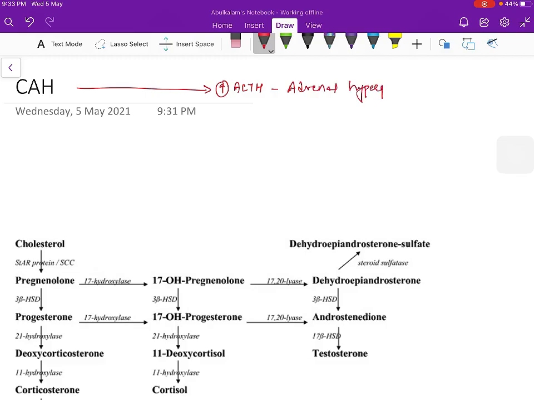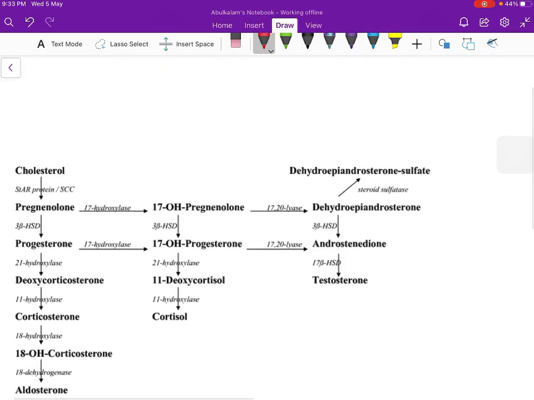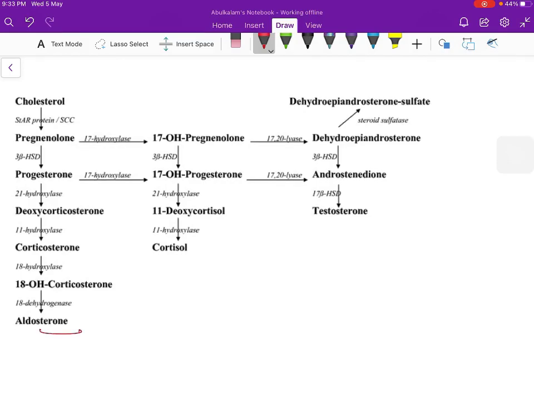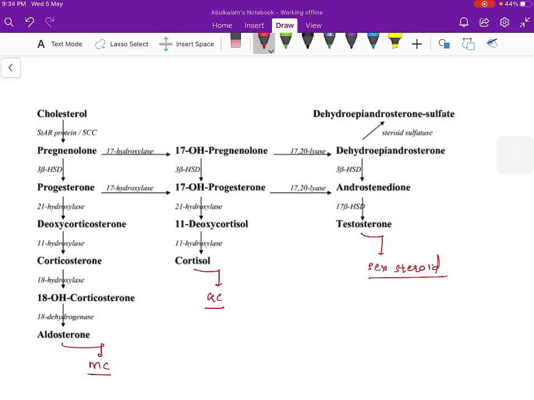So in order to understand the spectrum of disorders of congenital adrenal hyperplasia, we have to first understand the metabolism of cholesterol into three primary components. The first component is the mineralocorticoid, which is aldosterone. Next component is glucocorticoid, which comprises cortisol and its derivatives. And the third component is sex steroids, which is basically testosterone, androstenedione and dehydroepiandrosterone, right? So these are basically the three stems of cholesterol, which give rise to various intermediates, and any disorder in this spectrum will lead to congenital adrenal hyperplasias.